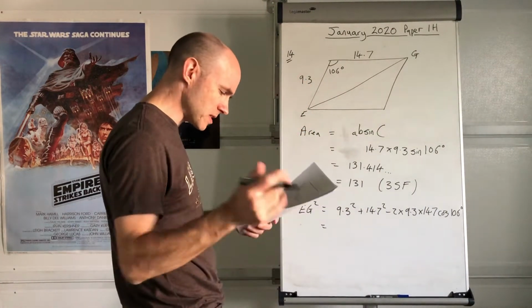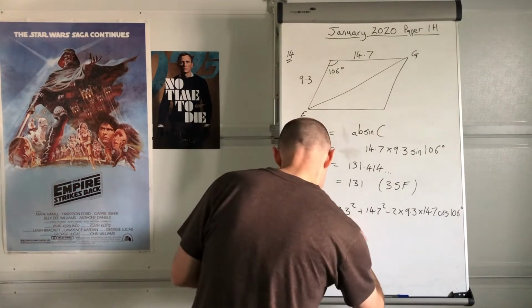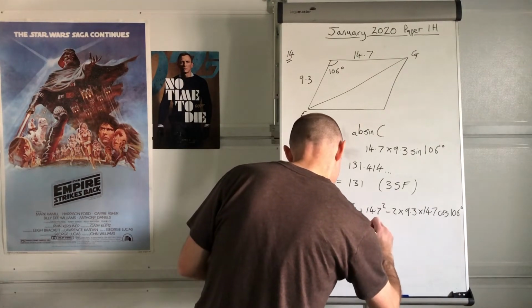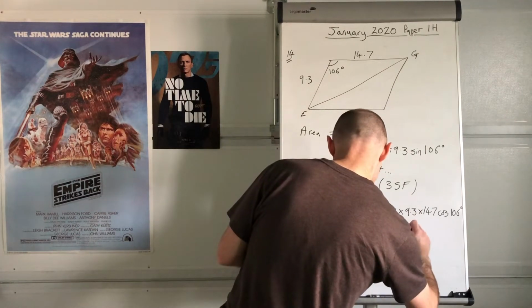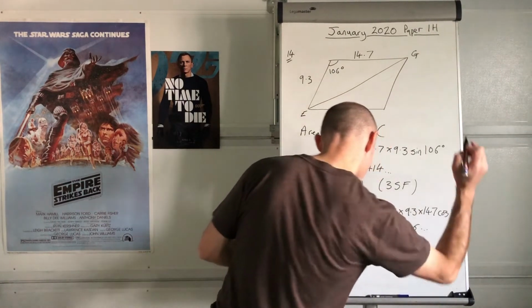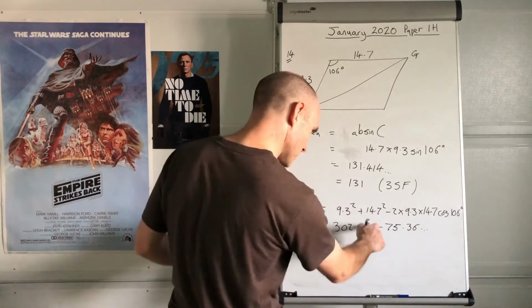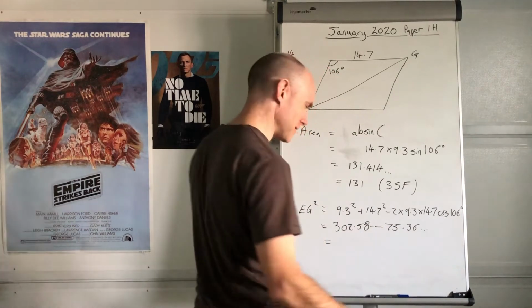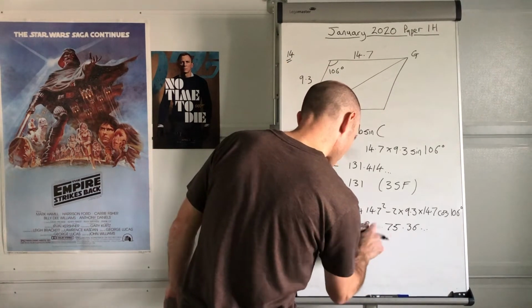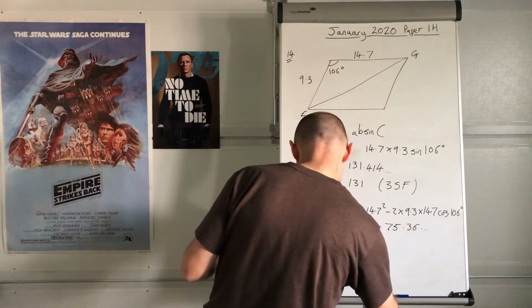Let me show you some intermediate stages of working. That squared plus that squared is 302.58, and then this is 75.36 dot dot dot, and then that subtract that. Oh, hang on, no, that was negative, so subtracting it means you just add them together, and you get